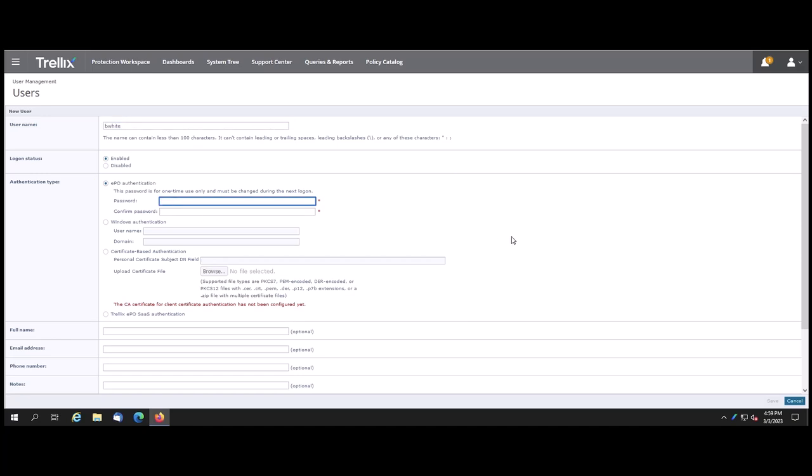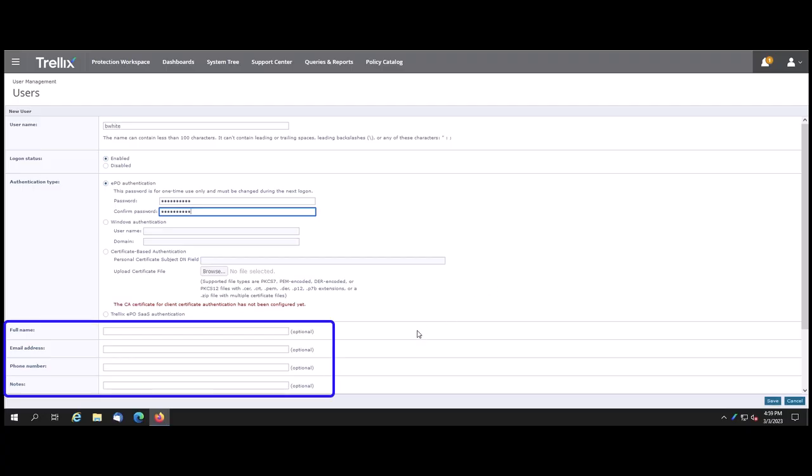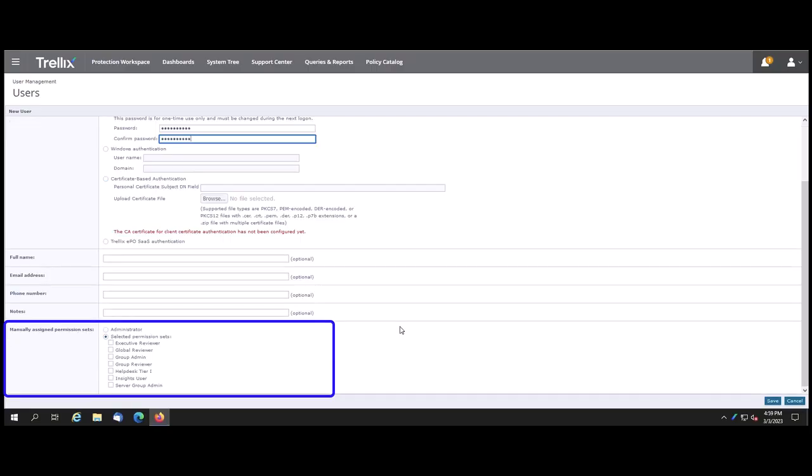I'm going to give it a password and then confirm the password. At that point, you would come down here and enter the full name, email address, phone number, and any notes associated with that account. I'm just going to skip over that for now, and let's move on to the manually